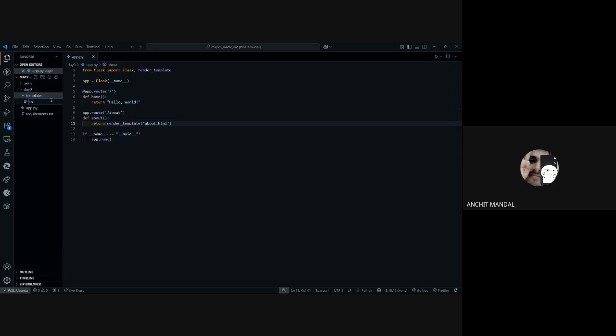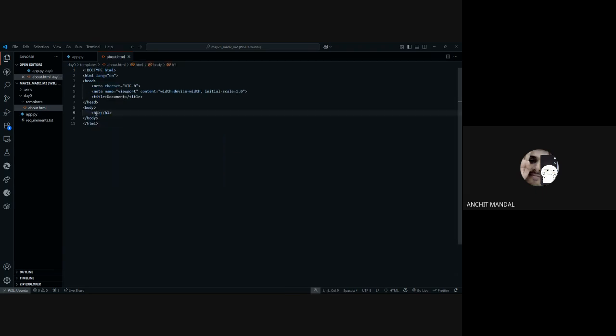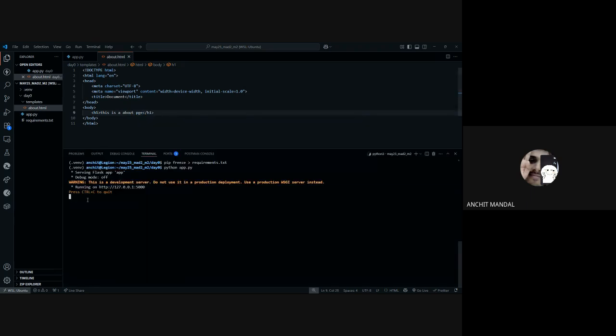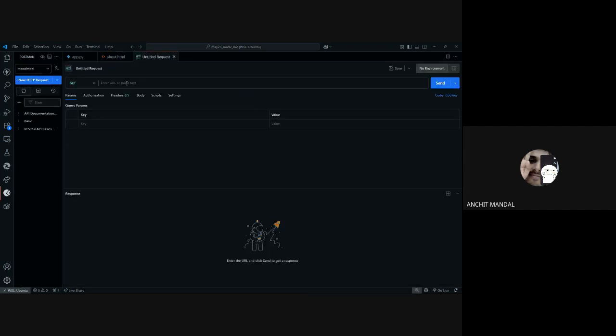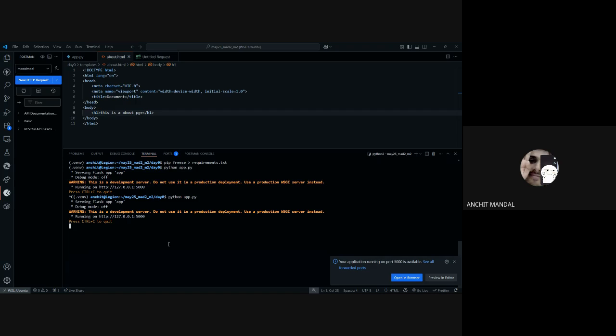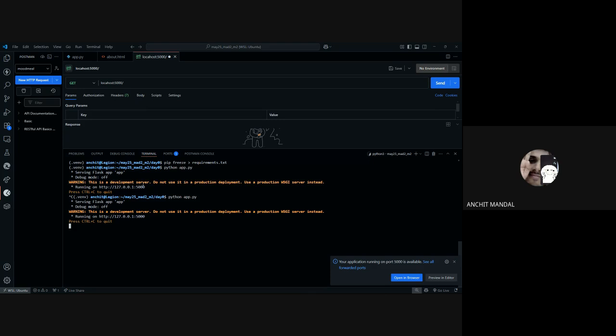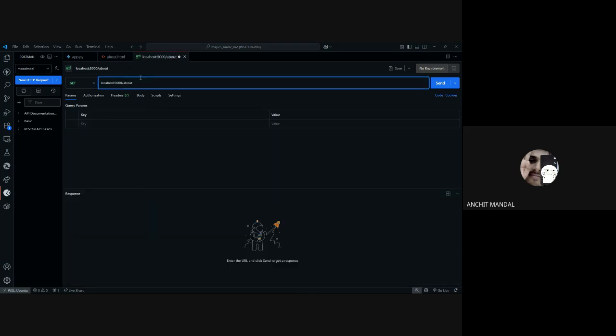In here, what am I saying? About.html. What's that? That says this is an about page. So my server is running fine. What I can do is, if I try to access that page, my server didn't get restarted because I haven't kept debug to be true. So I have to manually restart it. Now, if I do a request, localhost 5000, you can check the address from here. That is localhost 5000 about, you can see